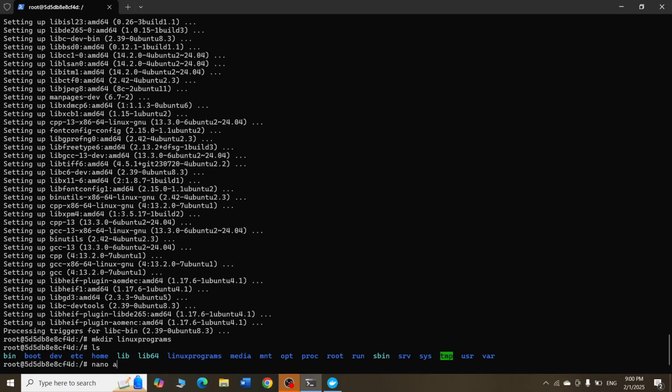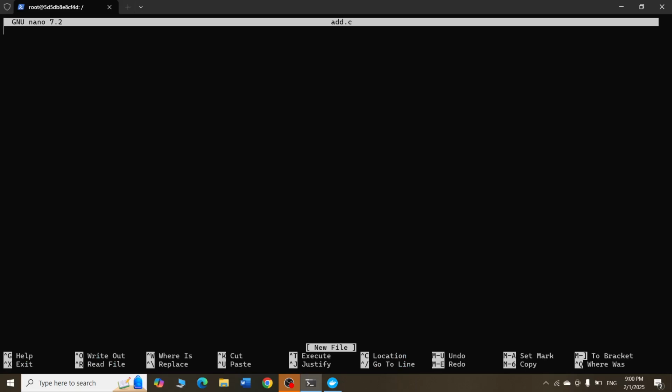I will say nano space add.c. I'm creating a very basic .c file called add.c using nano. This is the Nano editor, so you can start typing programs here.